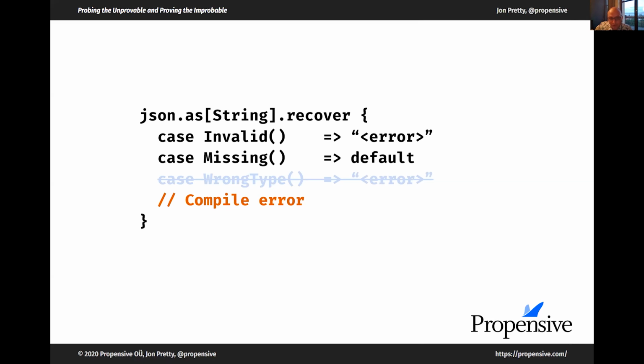We try and get it as a string, and it's the wrong type. Without this line here, this would normally be a match error, which would be an exception thrown, and it would bubble up the stack. Instead, we've converted it to a compile error by very carefully knowing exactly the types of the errors that might be thrown by the extraction.